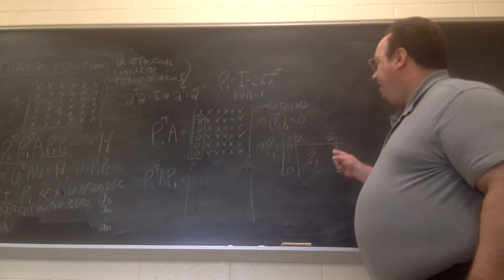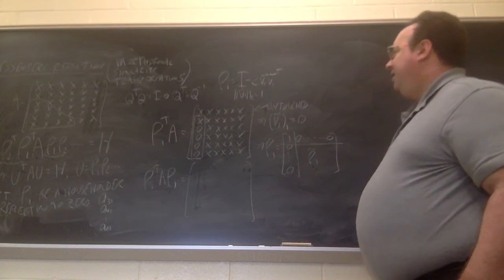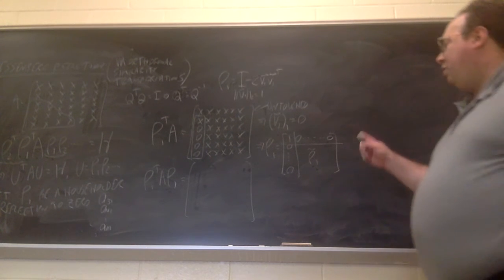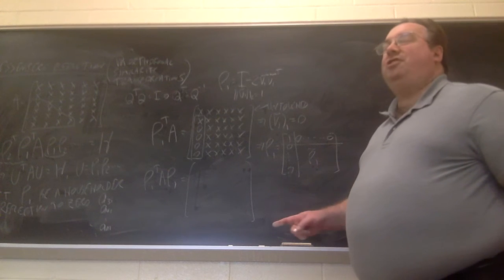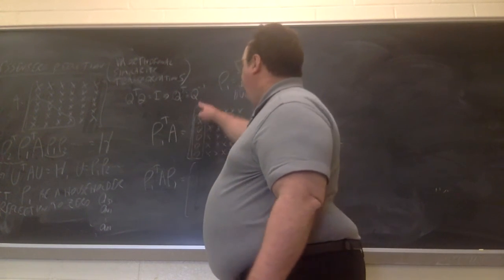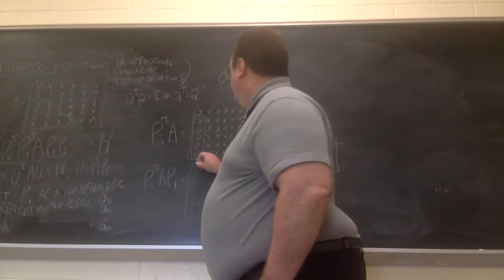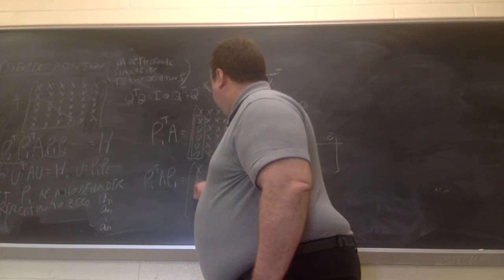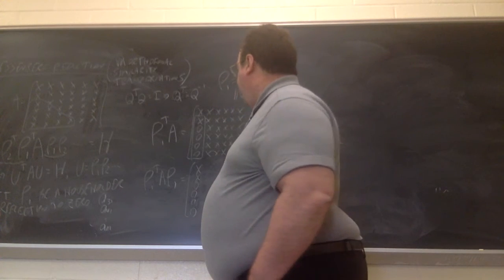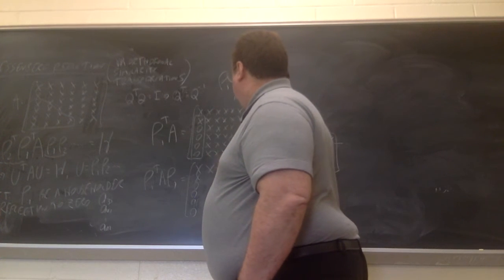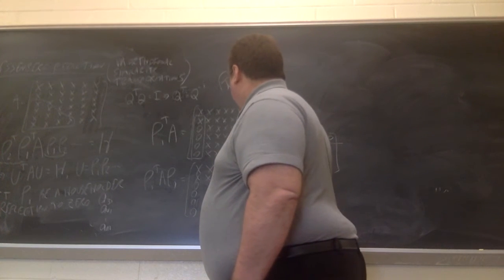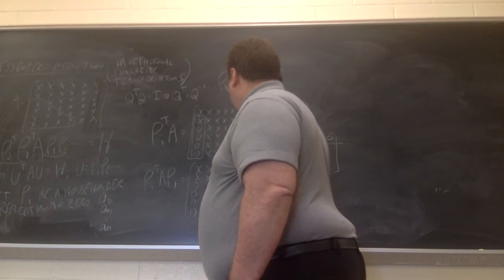multiplying by P1 on the left is not going to touch the first row. Multiplying by P1 on the right is not going to touch the first column. So this multiplication by P1 here will leave this first column alone. So it'll still have the zeros that I created by multiplying on the left. Now everything else is going to be messed with, but we had created these zeros there anyway. So the structure is exactly the same.